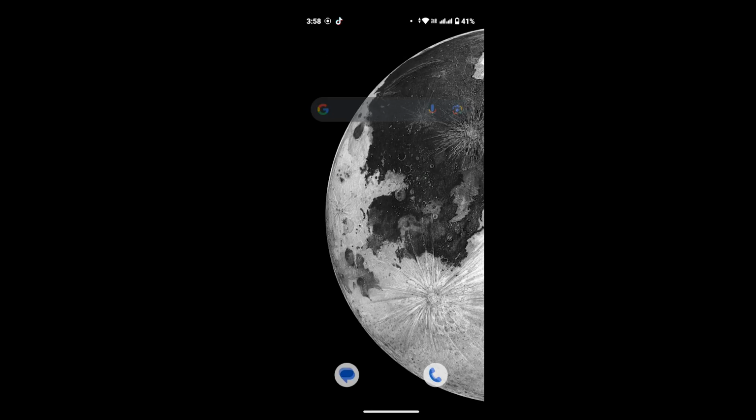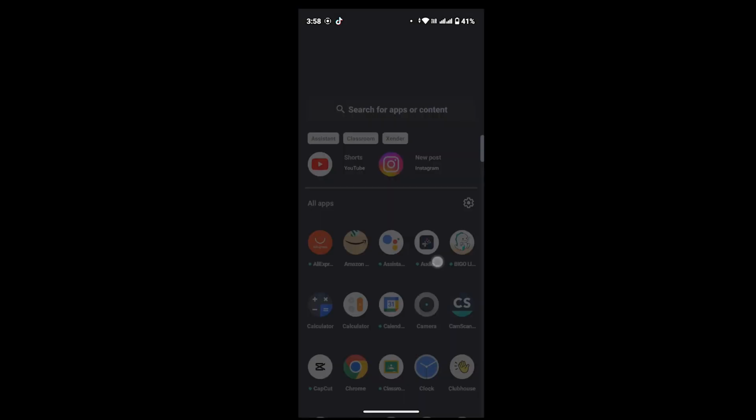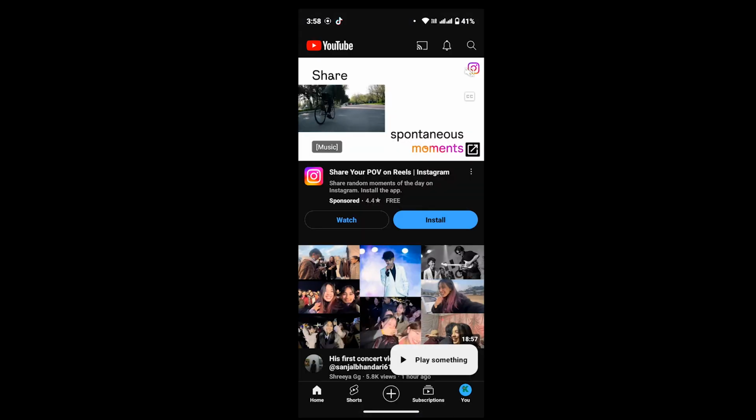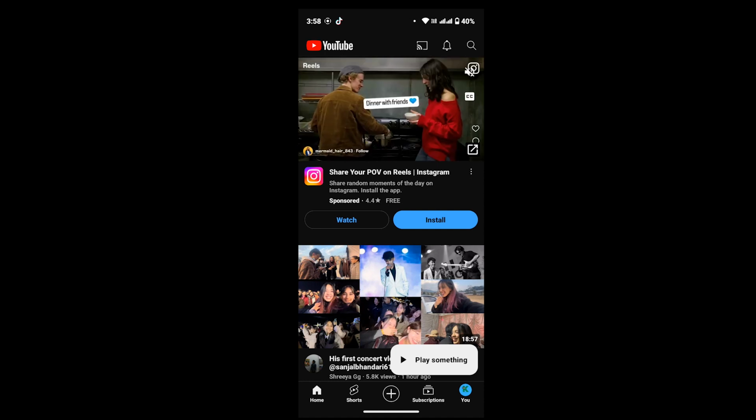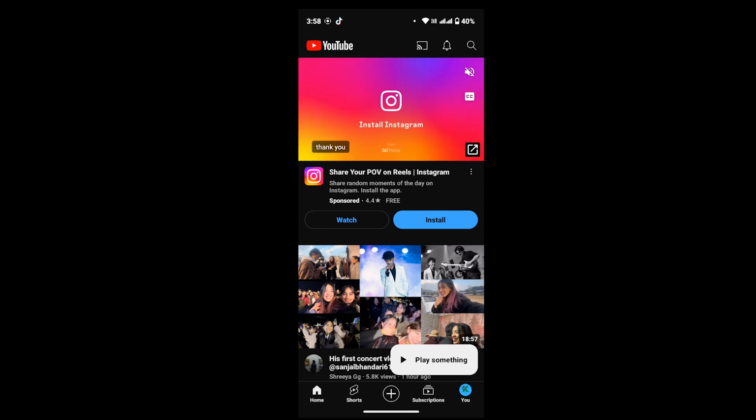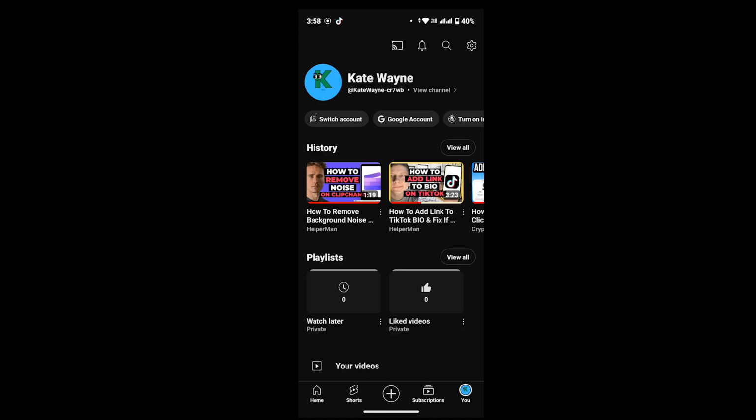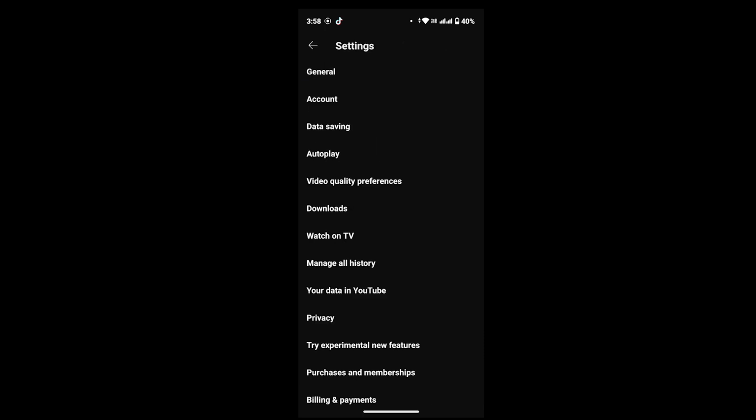If not, again you have to update your account as well. For that, launch the YouTube app and then make sure that you are logged into your account. After that, tap on your profile icon from the bottom right corner of your screen. Here you will see this interface, and then now again from the upper right corner of your screen, tap on the settings icon. When you see this interface, from the top of the list, tap on General, and in here